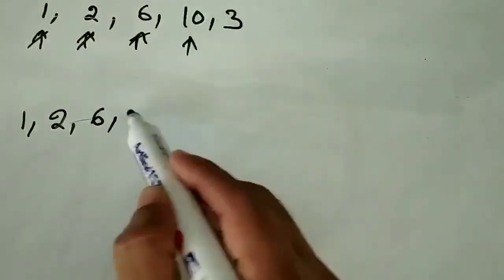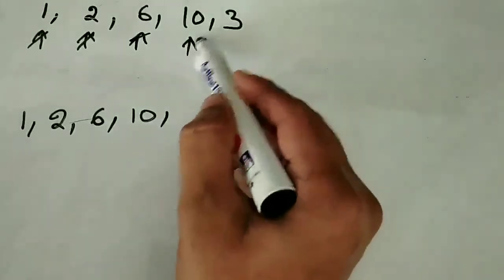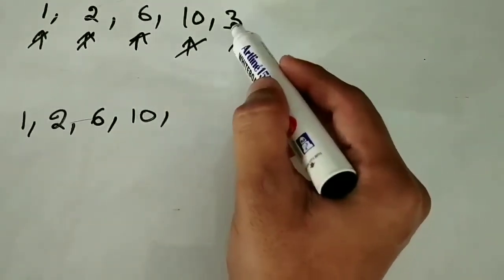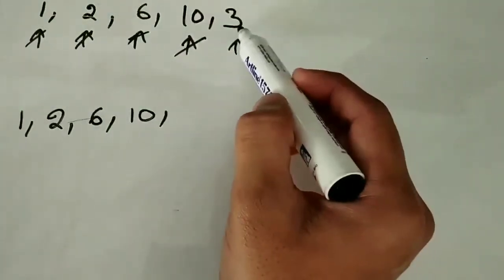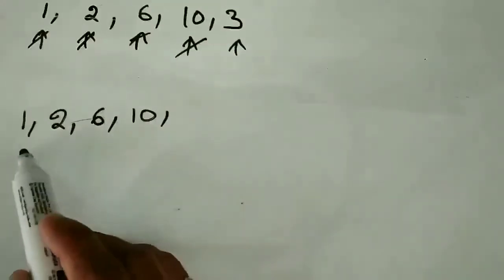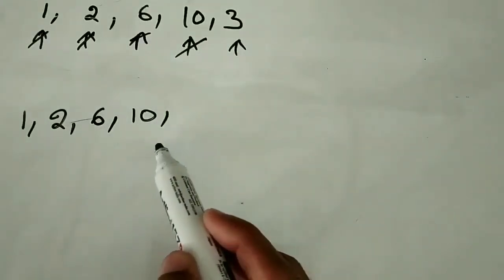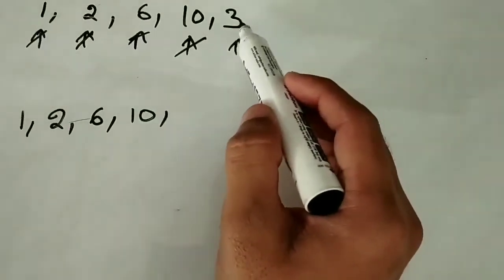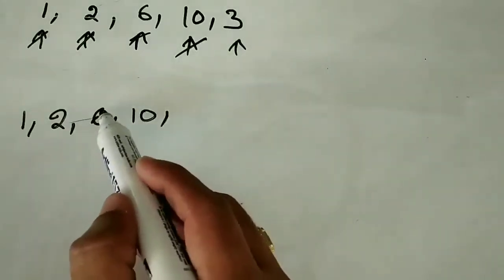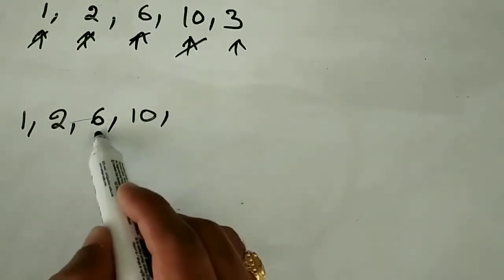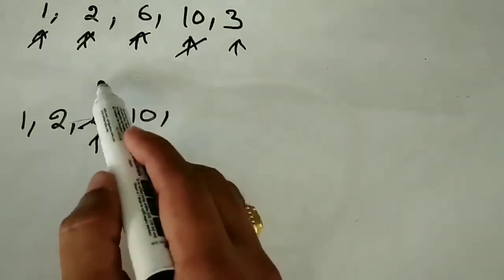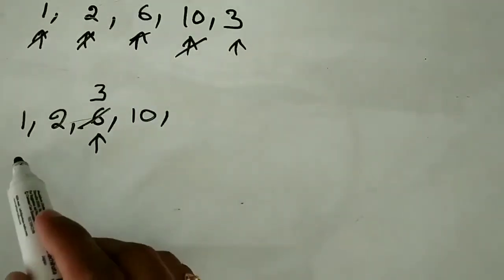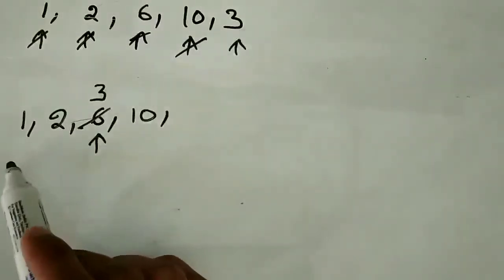10 is greater than 6, I will simply add it, and I will move to the next element. 3 is less than 10. So we need to identify what is the right position for 3 in this array. We can use a binary search to get the right position to insert, but here we can easily see 3 can come here, right? 1, 2, 3. 3 is supposed to come here. 3 is less than 6, so instead of keeping 6 here, I keep 3, and we are done with this array, and the length is correct.